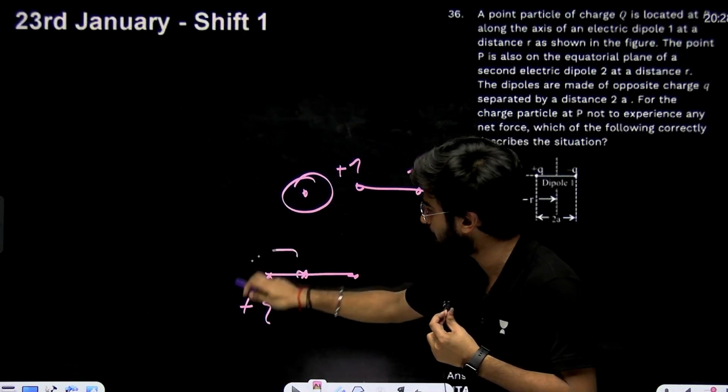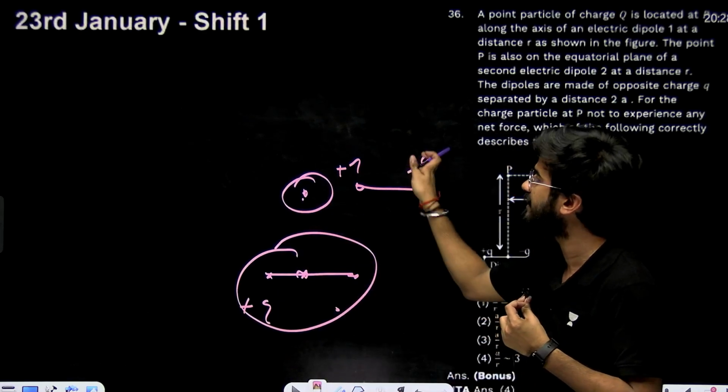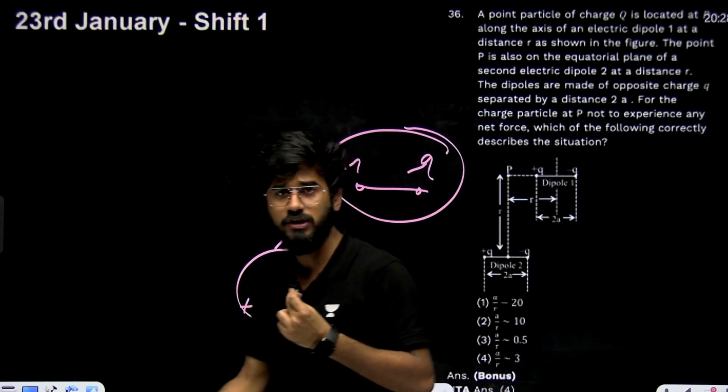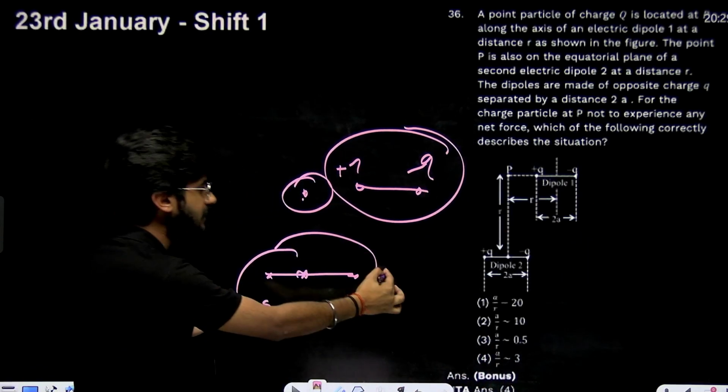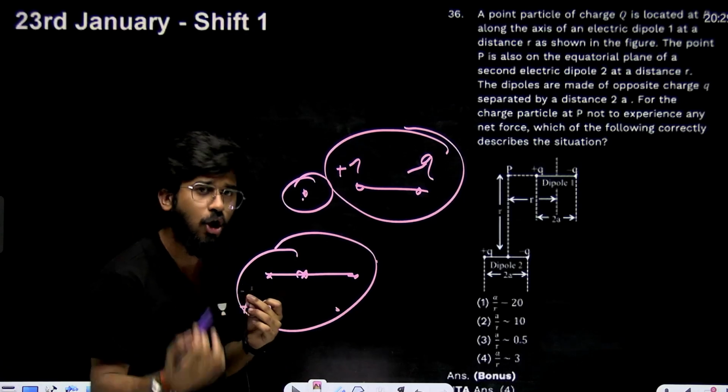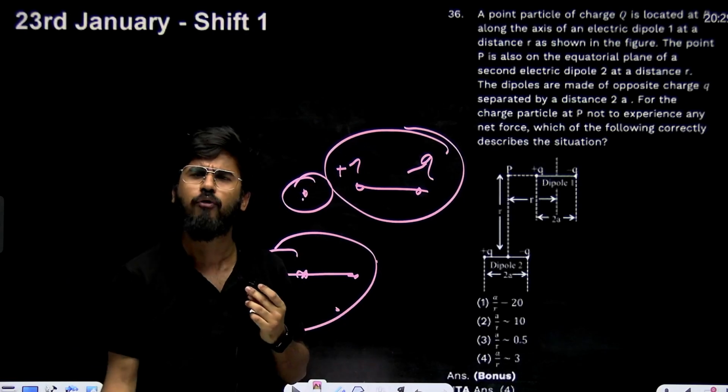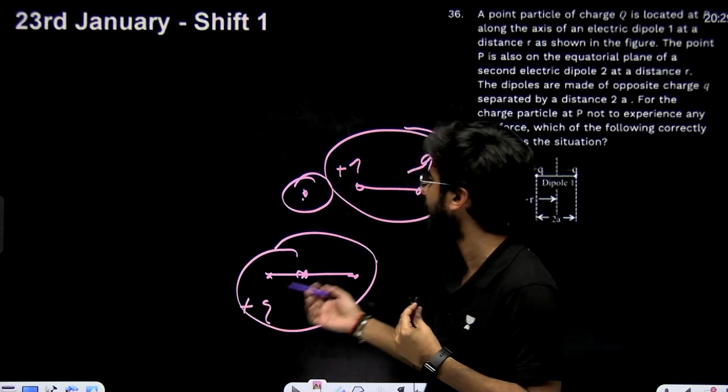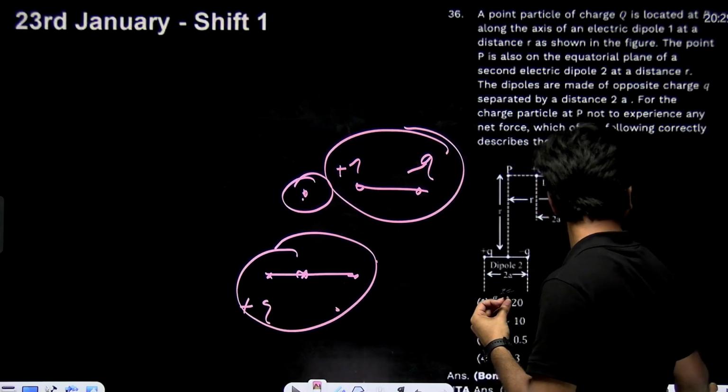Because this dipole has the equatorial position and this has the axial position. But in these two cases, these electric fields are different. It cannot feel the zero force, or it cannot be in equilibrium. That's why it is also a bonus question. Next question